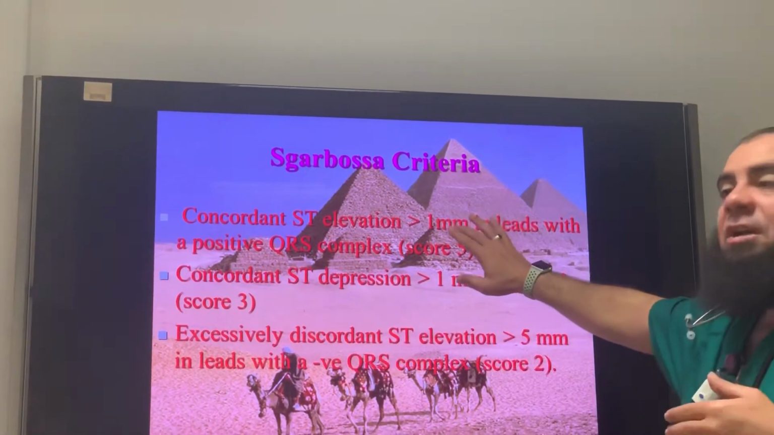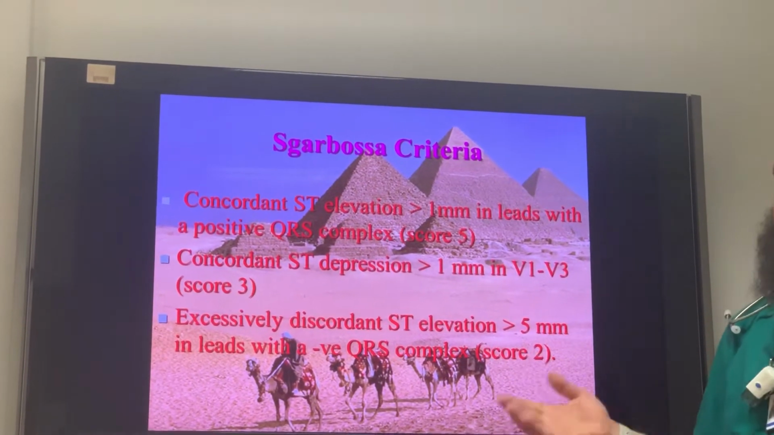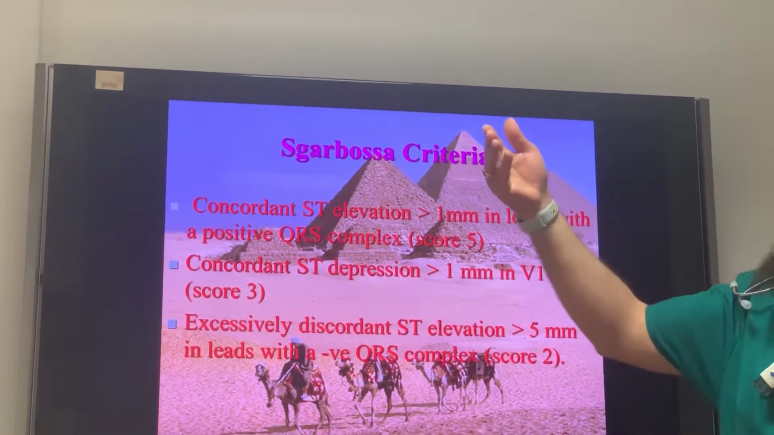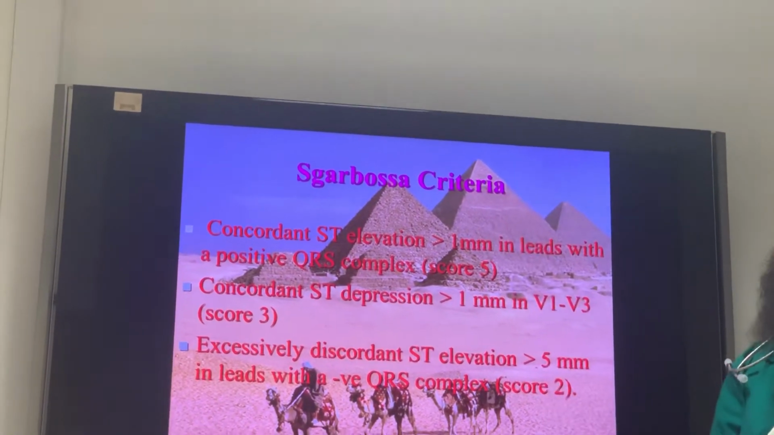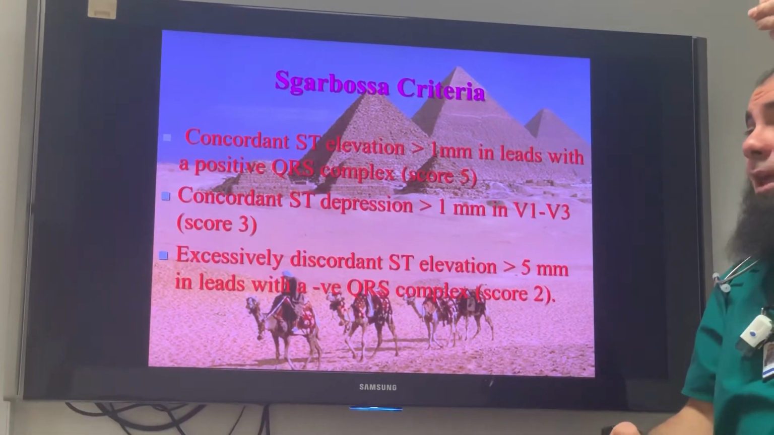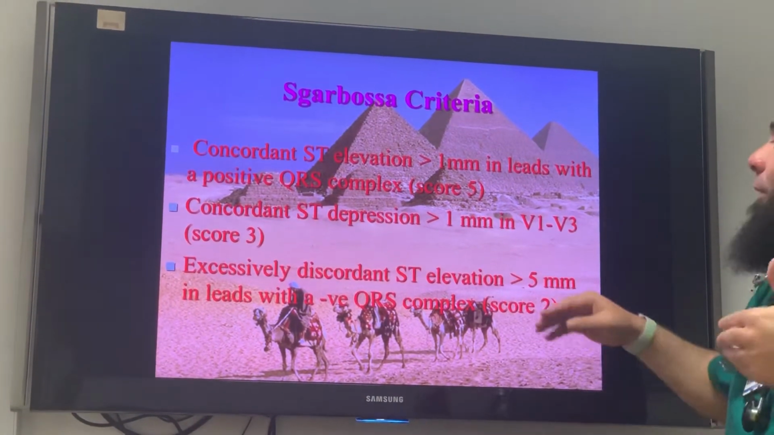Okay, these 2 statements are easy to pick up because it is against the normal phenomena. It means negative, I expect negative complex, I expect elevation, but instead I found depression. Complex is positive, I expect depression, but I can find elevation. Easy to pick up. But excessive